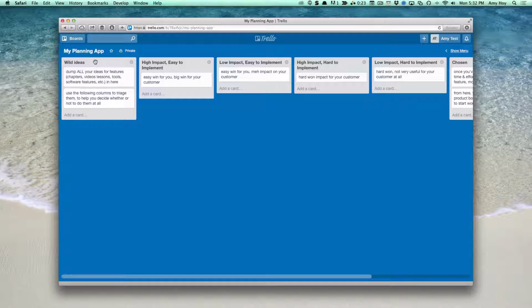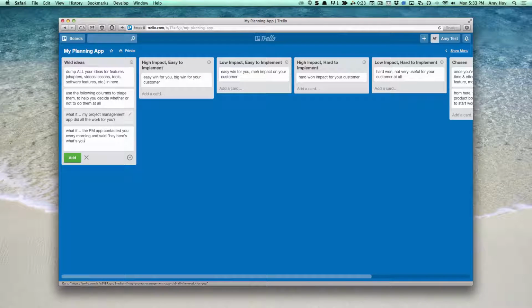So again, we've got on the left the wild blue yonder, crazy ideas. What if my project management app did all the work for you? Yeah, right. That's a crazy, crazy dream. Or what if the PM app contacted you every morning and said, hey, here's what's on your plate? What if it integrated with QuickBooks, which, by the way, we know is horrible. So you come up with all of your crazy ideas, some of them less crazy than others, and sort them